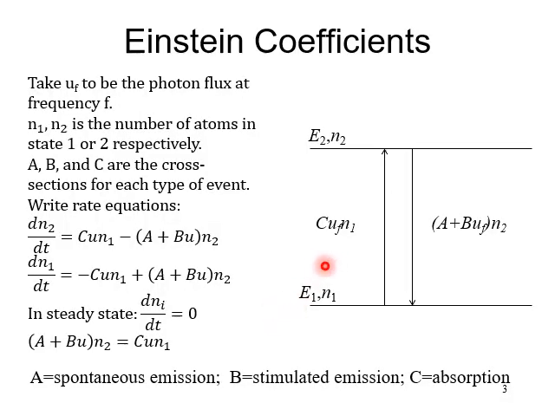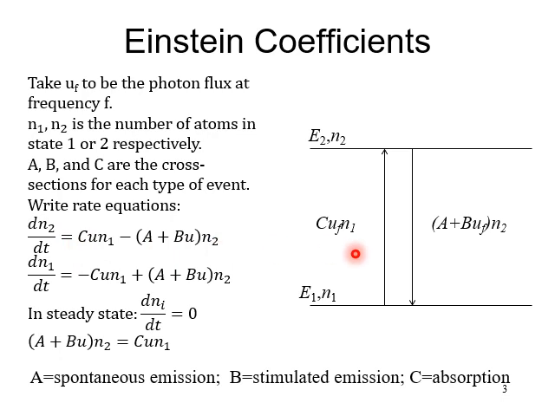So first, let's look at this idea that what goes up must go down and write down some rate equations for electrons in these two states. So state 1, state 2. I have a number of atoms with electrons in the lower state and a number of atoms with electrons in the upper state. And using these three effects, we can figure out the rate of change of the number of electrons, for example, in the upper state. So the rate of change of the number of electrons in the upper state is going to be equal